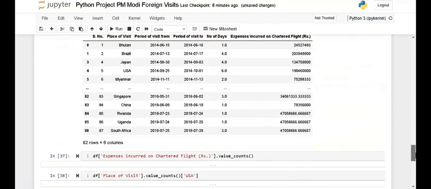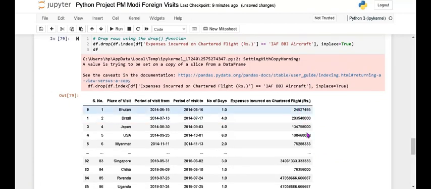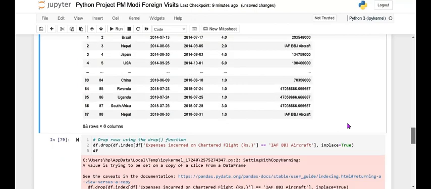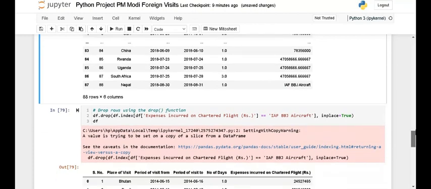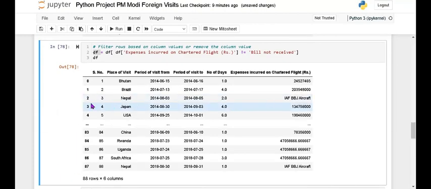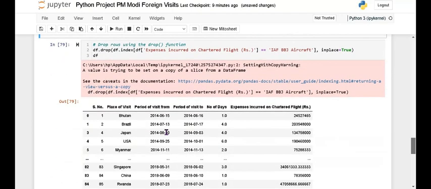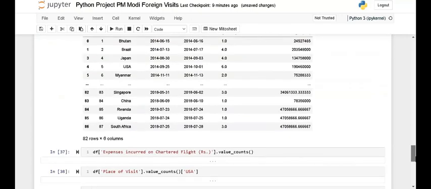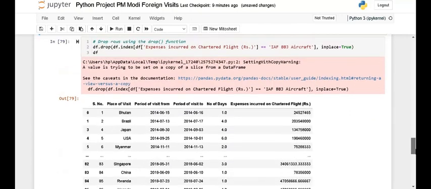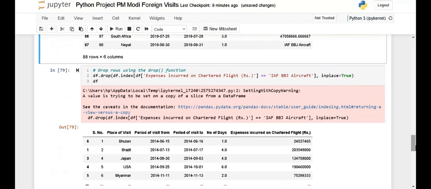If you see, this value is removed, IAFB aircraft is 87 values, and also the 2 and 3 values. So there are no such values. It removes all the values.